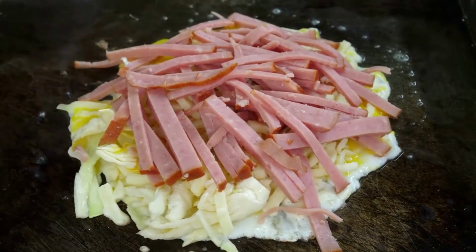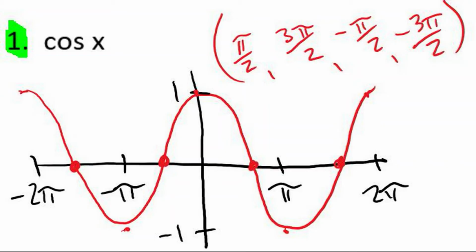So first of all, on this first section, the first 6 problems on worksheet A, it says, what are the x-intercepts for the graphs of each function over the interval -2 pi to +2 pi? So a trip around a unit circle is 2 pi. So basically this is going to go around the unit circle in the counterclockwise direction, which is the positive direction, once. And then it's going to go in the opposite direction, which is -2 pi, once. So we're going to see a full cycle going to the right and to the left in positive and negative directions. So if we look at cosine of x, number 1,